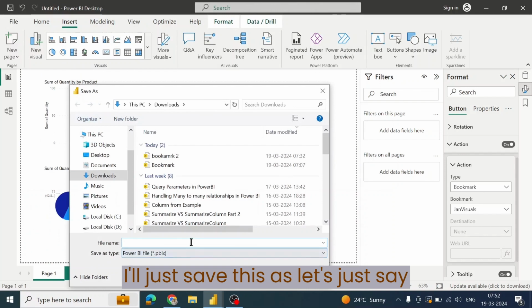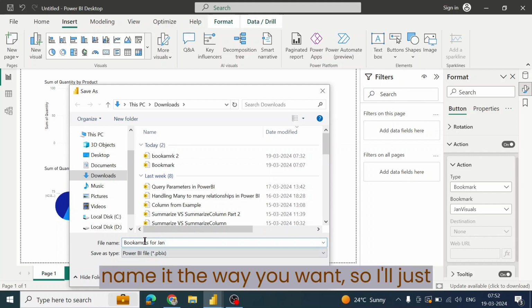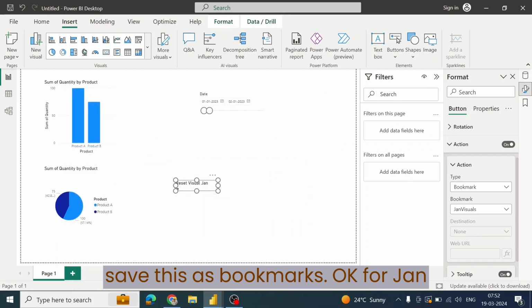Okay, I'll just save this as, let's just say, bookmark for Jan. Okay, you can name it the way you want. So I'll just save this as bookmarks, okay, for Jan. Now